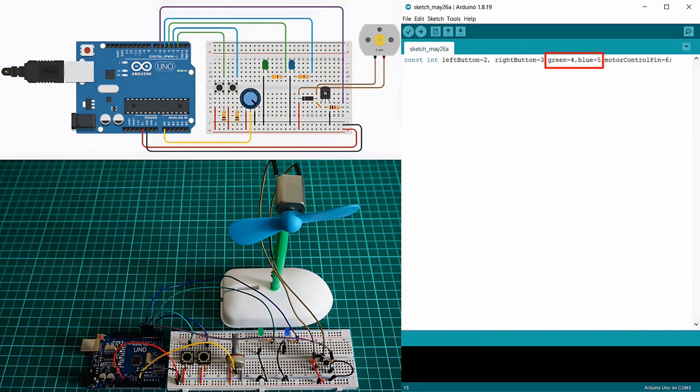Green and blue are used to control two LEDs connected to pins 4 and 5. The green LED lights up when the left button is active, and the blue LED lights up when the right button is active. These LEDs give us visual feedback, indicating which button is being pressed and how the motor is being controlled. Motor control pin is assigned to pin 6, and it's responsible for sending PWM signals to the motor